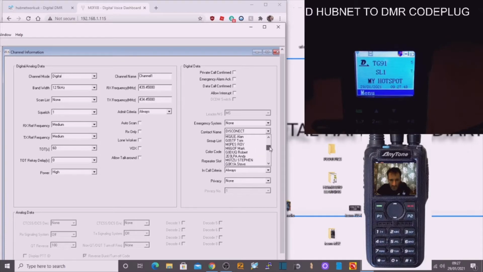You never know, it might be in there. You can see the ones I haven't done yet, but I can't see. Oh, there's so much to go through. Can't see Hubnet. So what we'll do now is